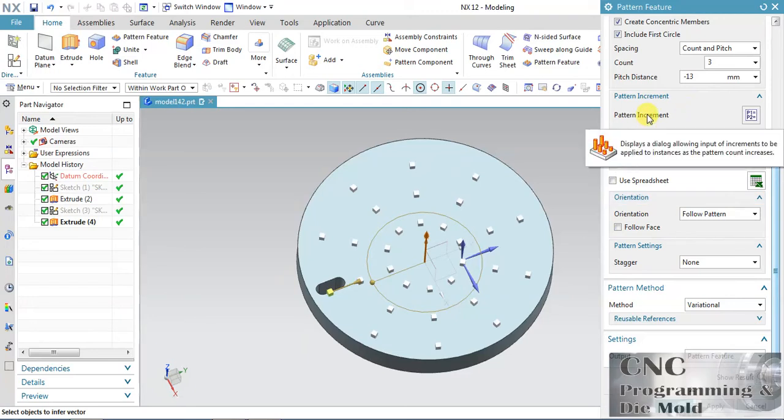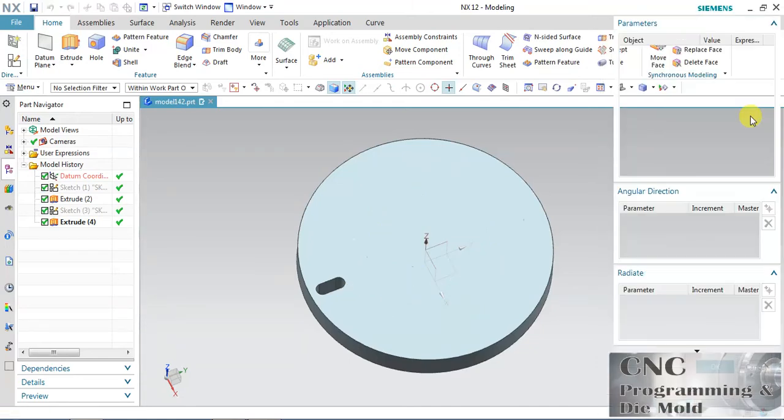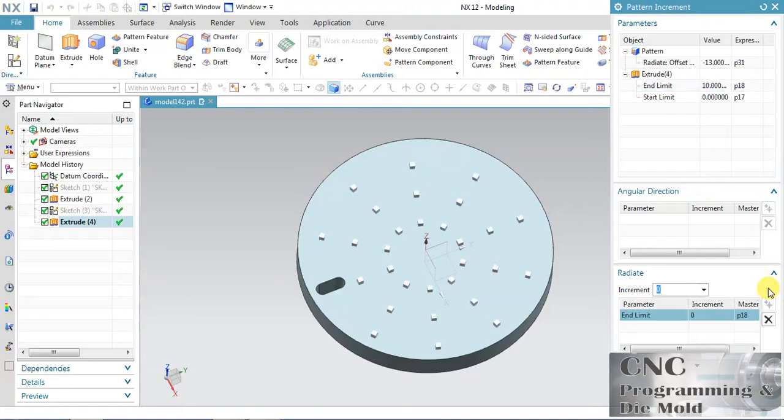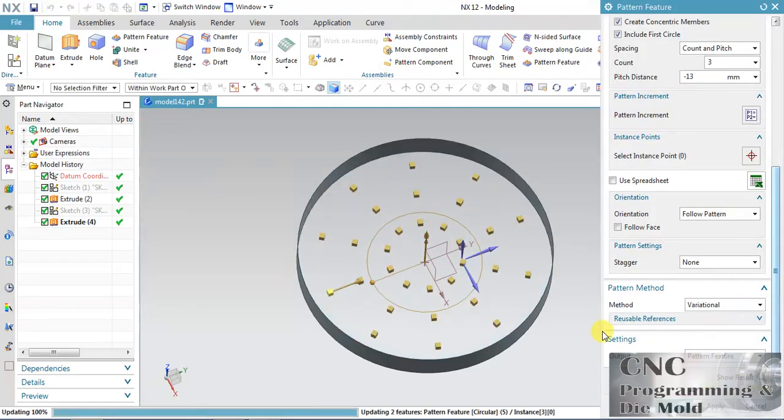And here we have this incremental definition we can use. This pattern increment we have already covered, and if you want to check it out, just go to limit, and in angular or radial, in gradient add new set and set the increment direction as -1, click OK and preview.